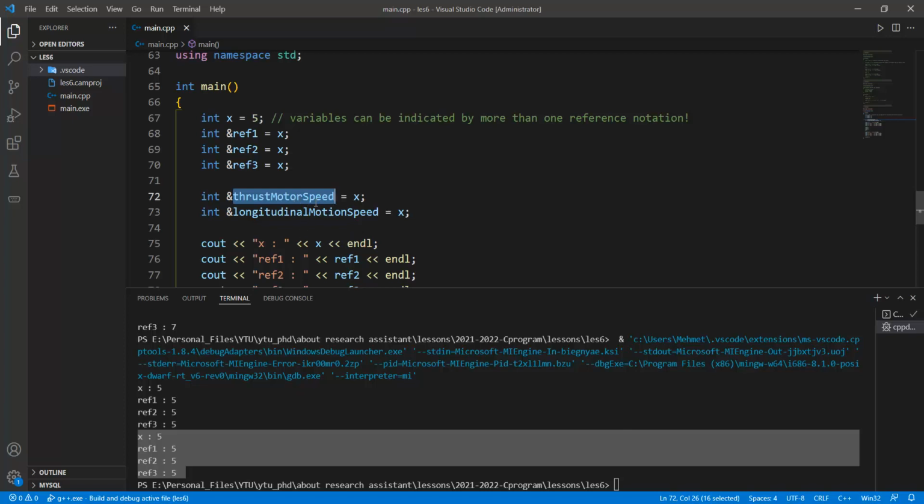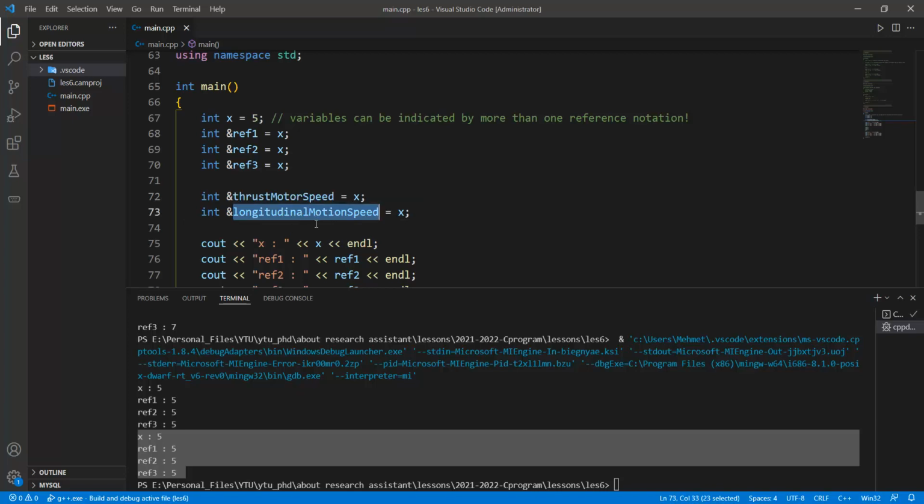Okay, and so we can easily set this name by using these reference concepts in order to easily understand what we are writing in that code. Okay, and so many include files or source files can be used in the design of the controller of the car or airplane, and so we should give some specific names to represent the same variables. But if we are using the whole components, this x is meaningless. But if we are using this thrust motor speeds or longitudinal motion speeds,